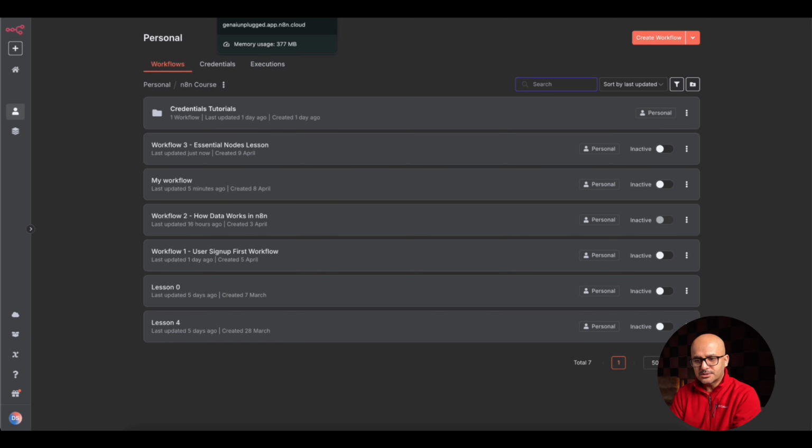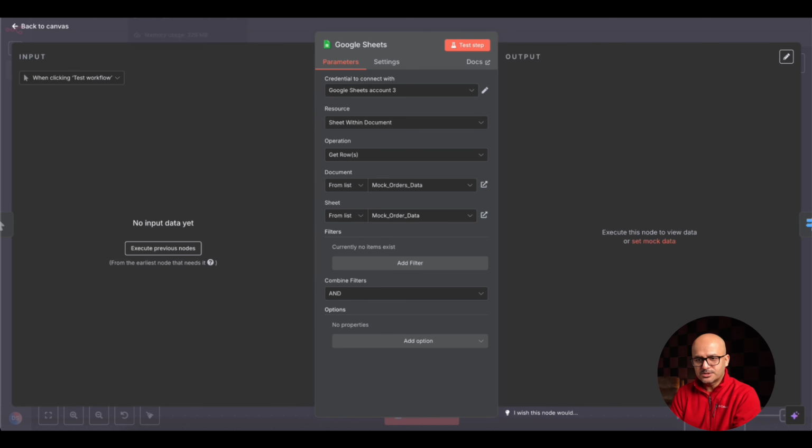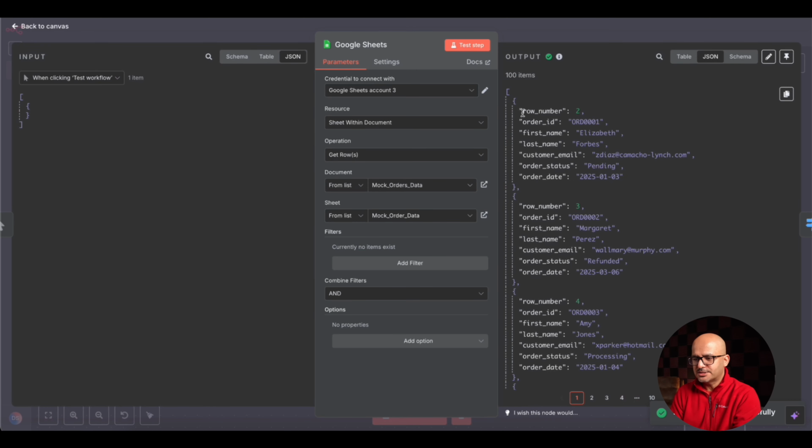All right, I'm on the wrong screen. So this was the screen. I'll just close that one to avoid confusion. So over here, like I said, we are just fetching the mock orders data, which is more like the header data of the orders. I'll click this step and you would see 100 records being returned. All right, so 100 records are returned and only order header data is being returned.